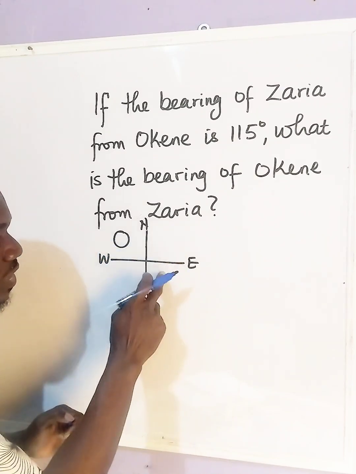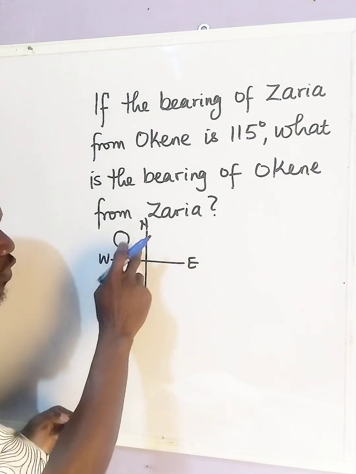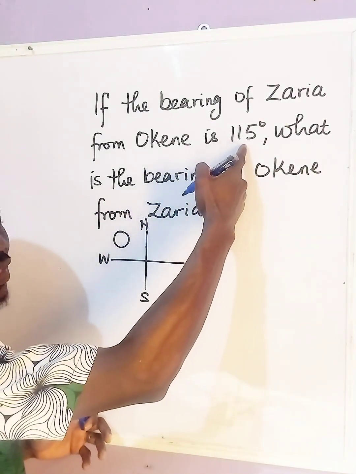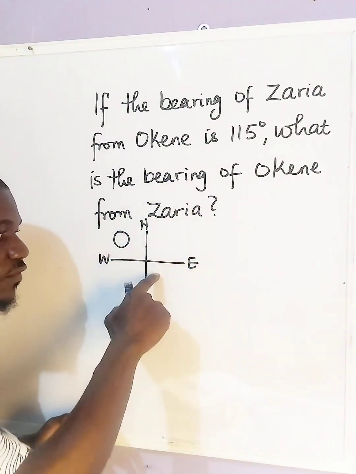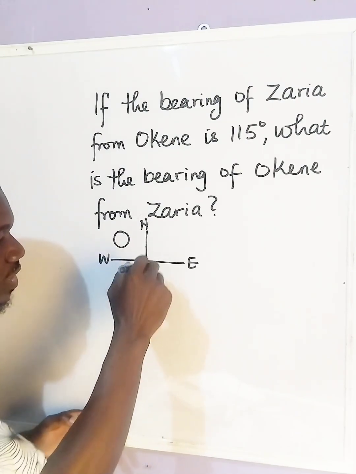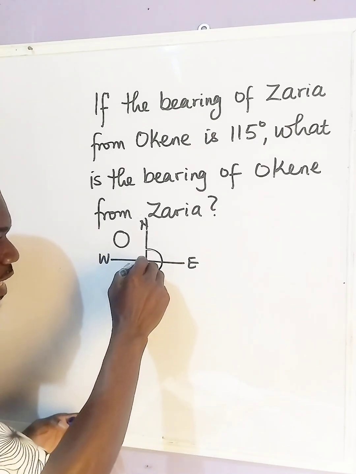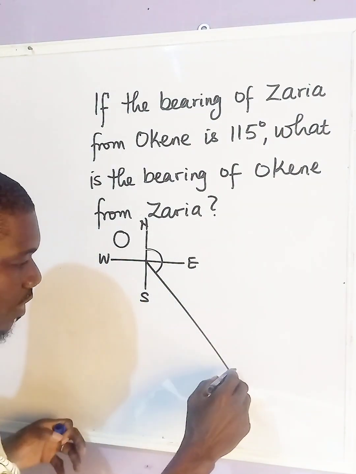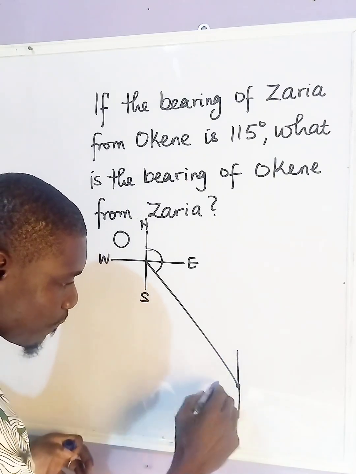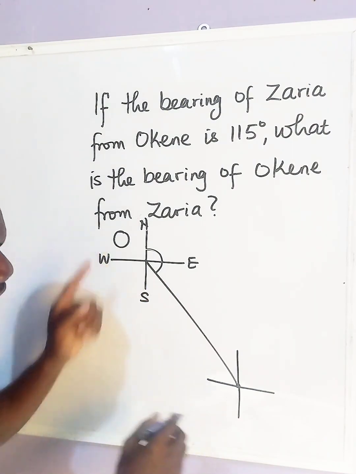Take note that each quadrant here has 90 degrees: 1, 2, 3, 4, which means the whole of it is 360. So when we start from here, since it is 115, it means our 115 will fall within this second quadrant. Now we start from here, so let us assume here. We draw a line, and at this point draw a cardinal point that intercepts the point. So this is Okene and this will be